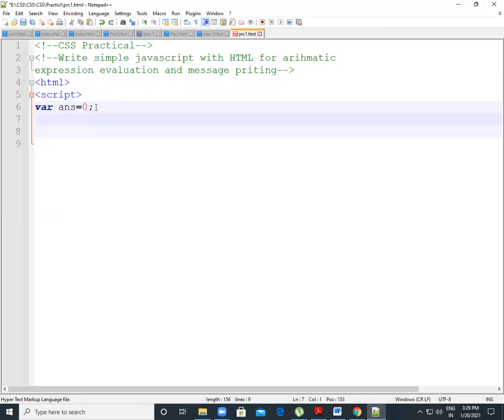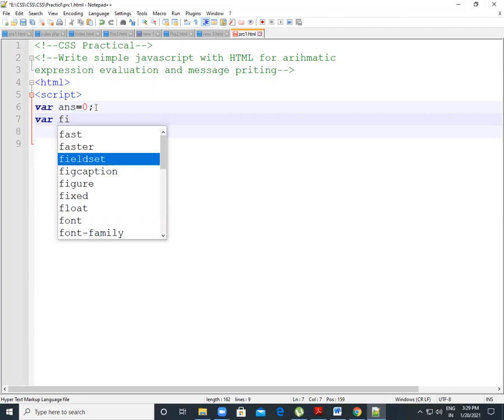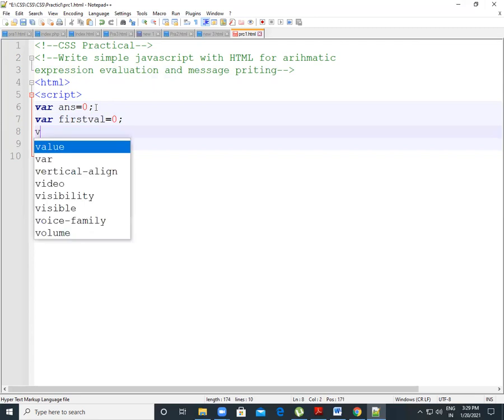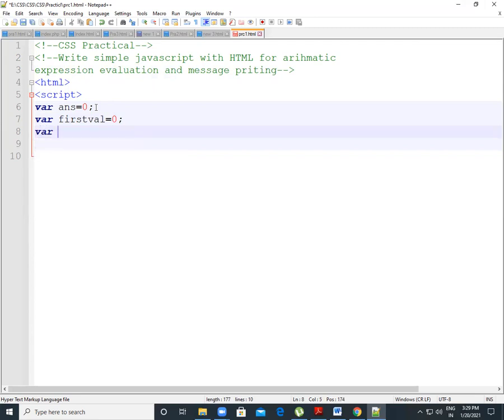A second variable, first value, which is also blank because I want to accept that value from the user. Now my second declaration, second value, which also comes from the user, semicolon.